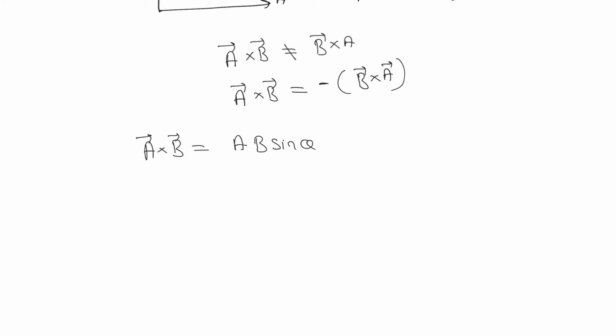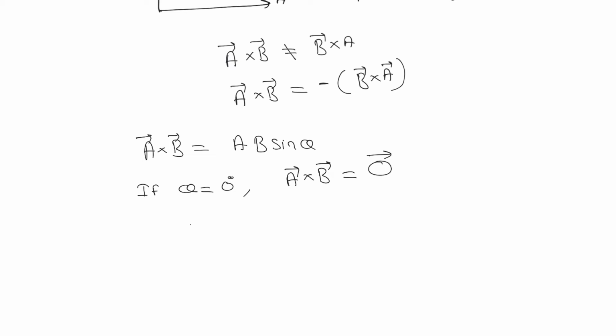Now from the equation, a vector cross b vector is equal to ab sine theta, if the value of theta is equal to 0, then a vector cross b vector will be equal to a into b into sine 0. Sine 0 is equal to 0, so we will get the answer as 0. But it is a vector quantity, so we should represent it by the 0 vector.